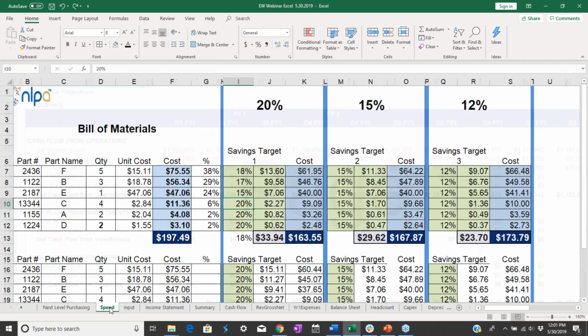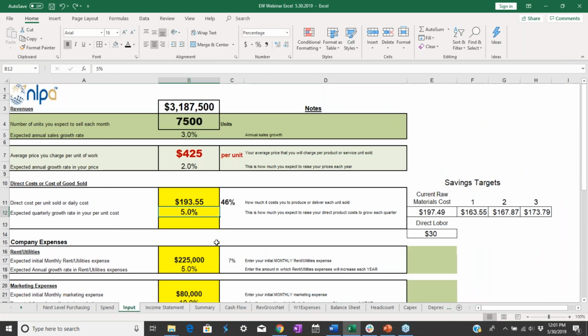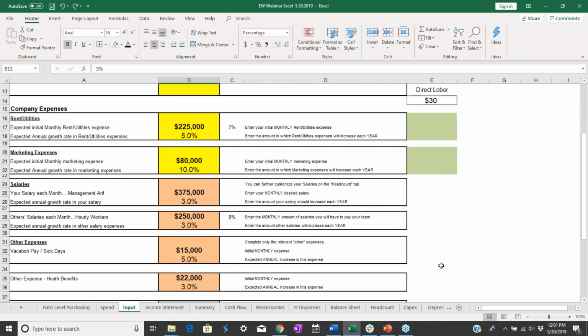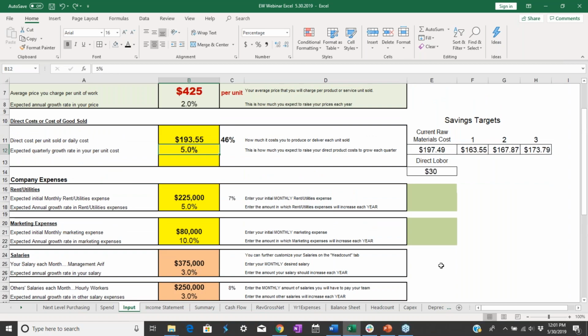So with that said, we could also look at other areas to target outside of raw material price points. One of the things that I want to hone in on is labor. For example, we have direct labor set at $30 per unit. Many times, in most cases, our labor costs are mixed with